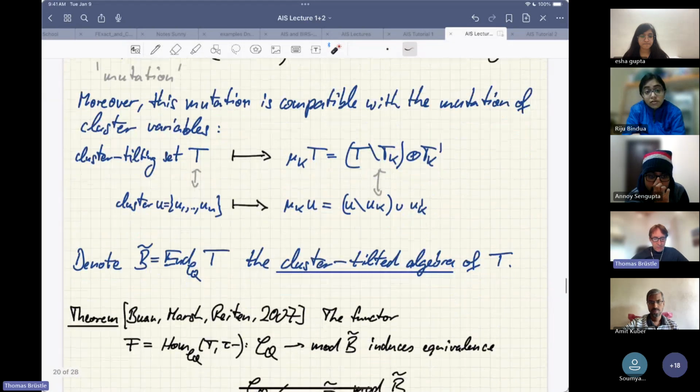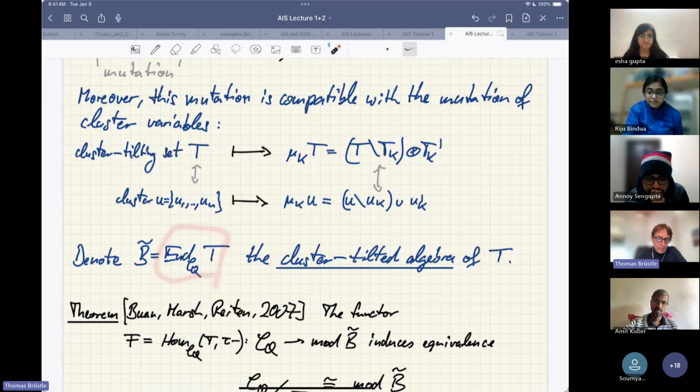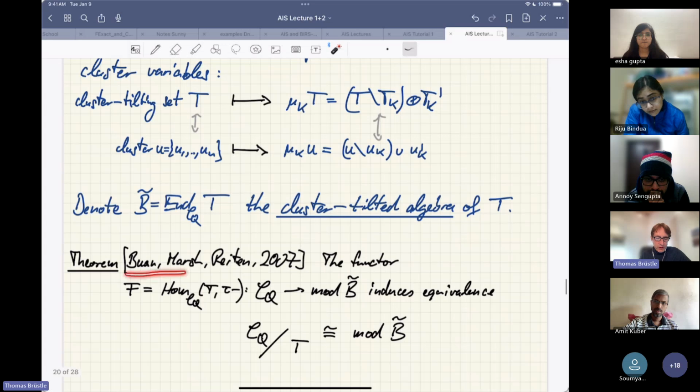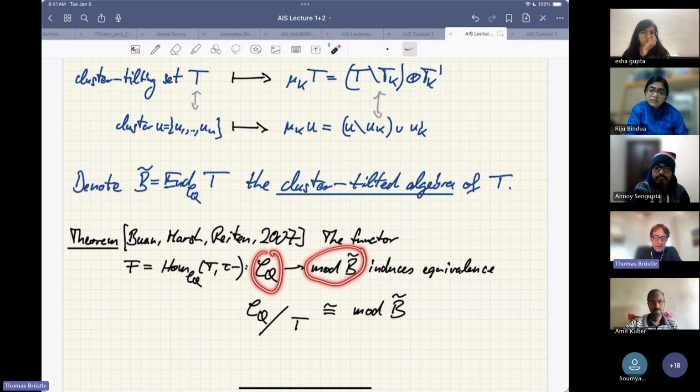Now, let me talk a few minutes about the cluster tilted algebra. This is the endomorphism ring of T, now in this larger category. So all morphisms between the summands of T in the larger category, the cluster category, let's denote this by B tilde. And a theorem of Buan, Marsh and Reiten in 2007 says that, again, I want to look at the functor Hom(T, -), now this time defined on the cluster category, and I would like to use this to compare the cluster category with the modules over this cluster tilted algebra